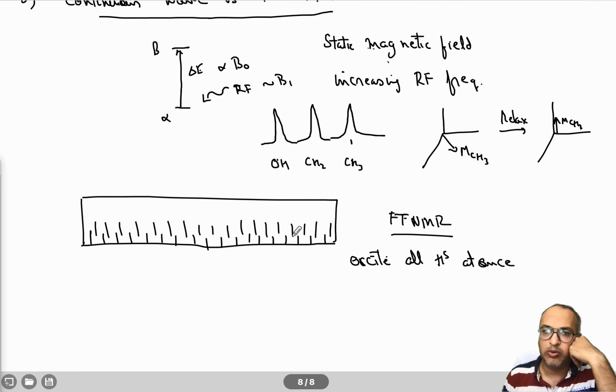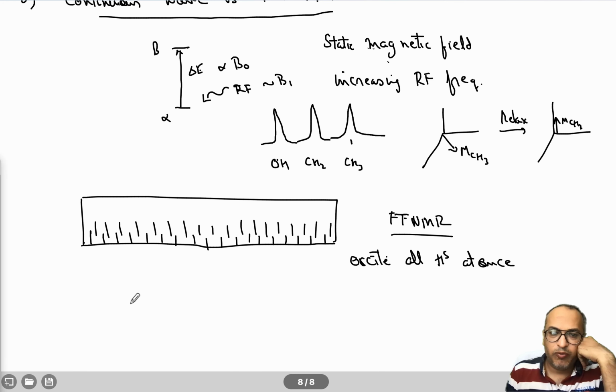Of course, the sound waves are also written in the fashion of a summation of cosine and sine. So you can isolate individual frequencies by carrying out the Fourier transformation. So the time loss is saved. The time loss which is required for each signal to relax is not incurred here, right? So you press all the keys simultaneously, you excite all of them simultaneously, and you listen to them at once, right?